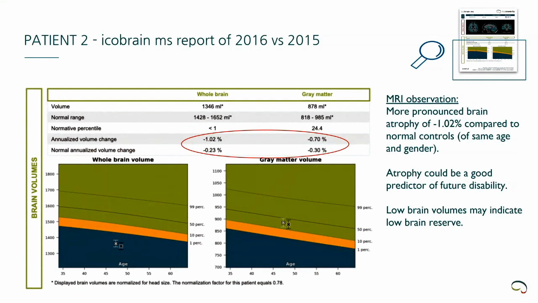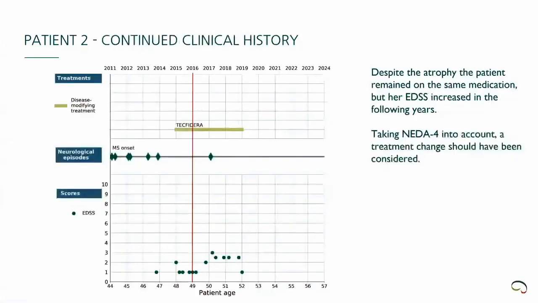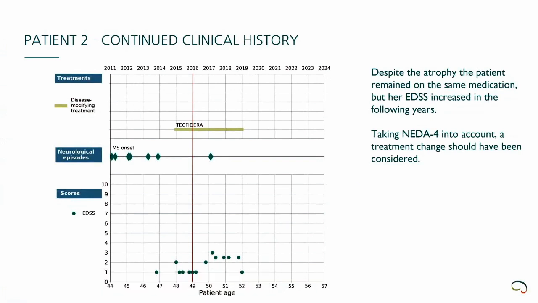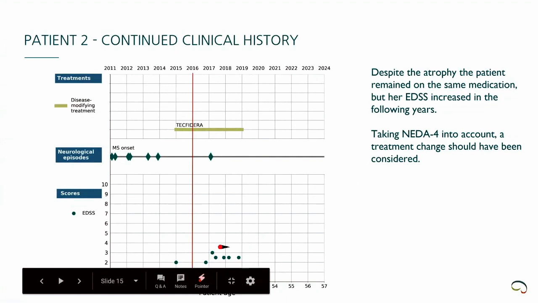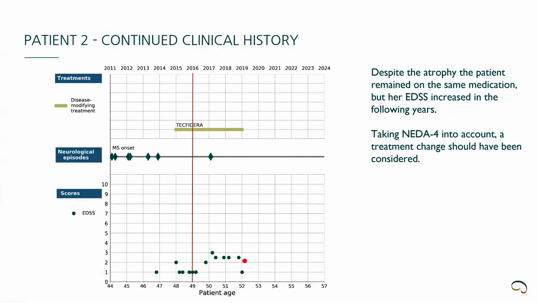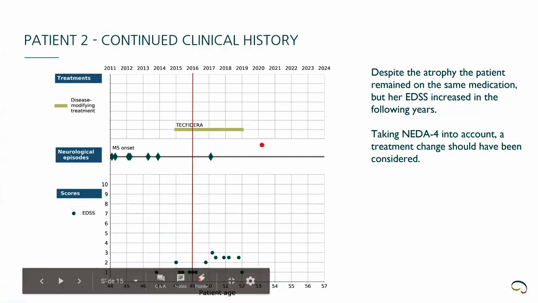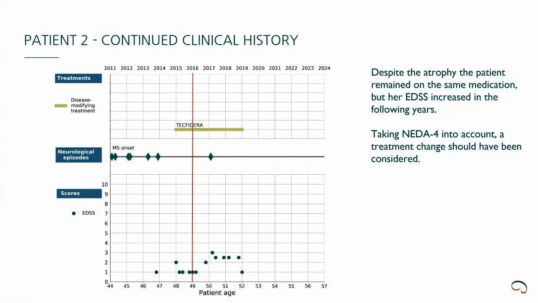And unfortunately, if we look at a further clinical progression of the patient, we see that there indeed is a progression, and that the EDSS has been increasing in this patient. So the medication was continued. If we look at NEDA 4 criteria, as discussed in the first part of the webinar, we could have considered a treatment change. Of course, apart from the MRI measurements that we do, we also have to discuss things with